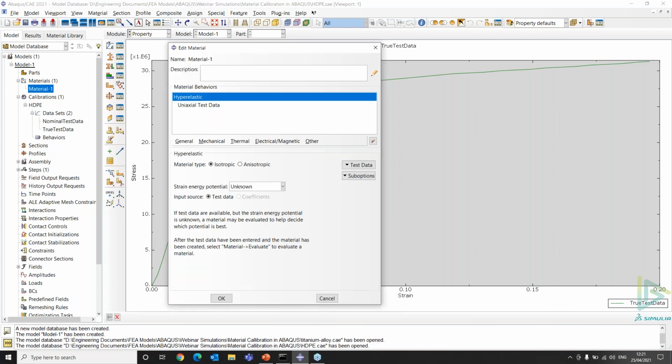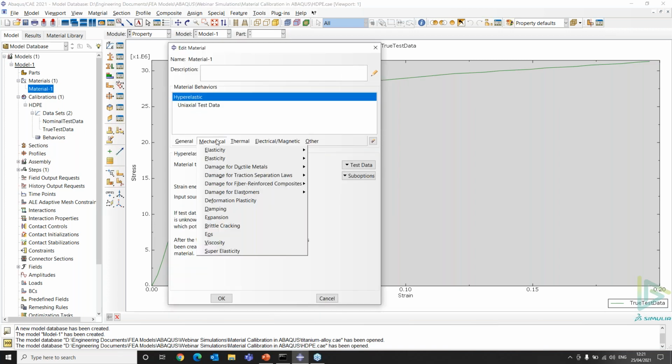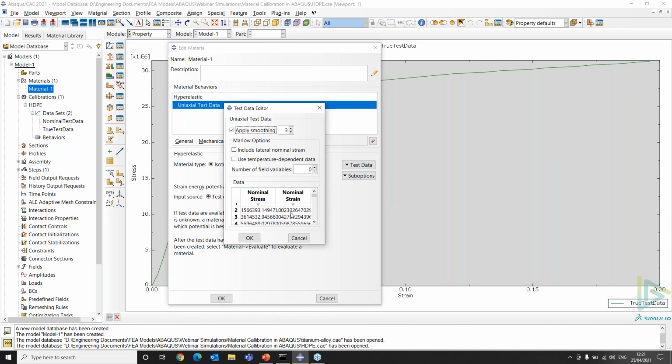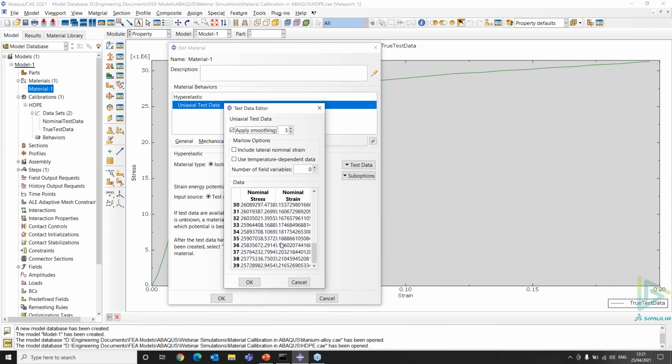When I go into the materials option, I can choose mechanical, elasticity, and the hyperelastic model in this case. I just want an isotropic, so I choose isotropic. I choose my strain energy potential to be unknown, as right now I do not know the correct strain energy potential, and I use it according to the test data. My uniaxial test data can be seen in this chart here. These are my uniaxial test data which I have given to Abaqus thanks to the calibration of the plastic